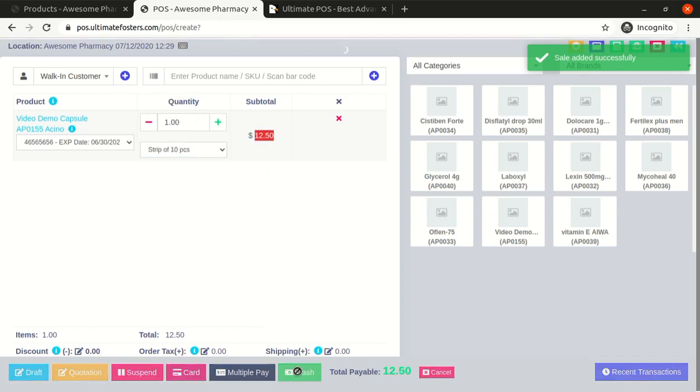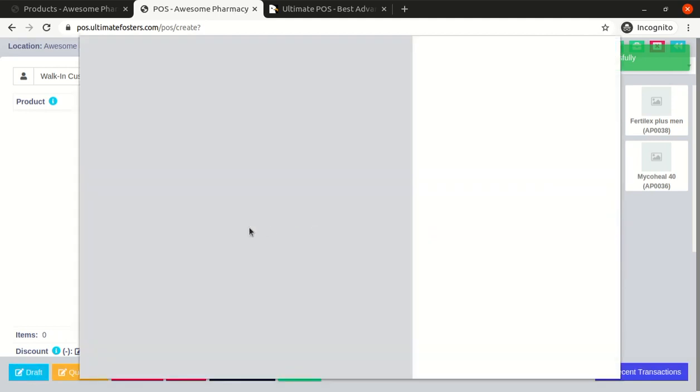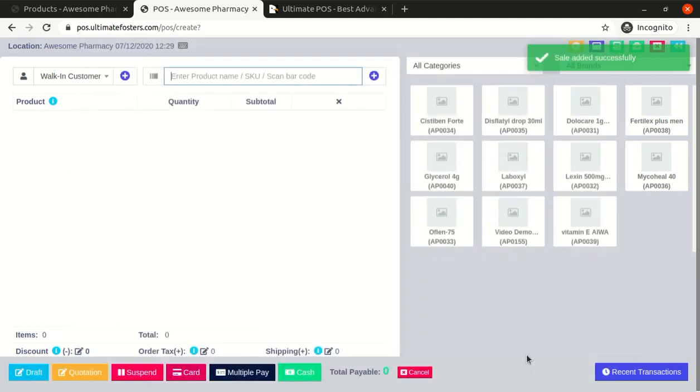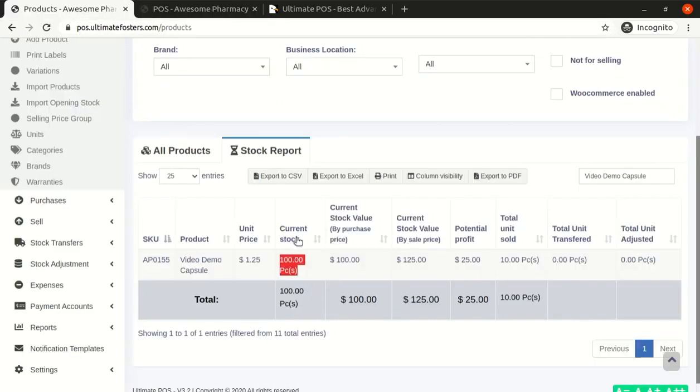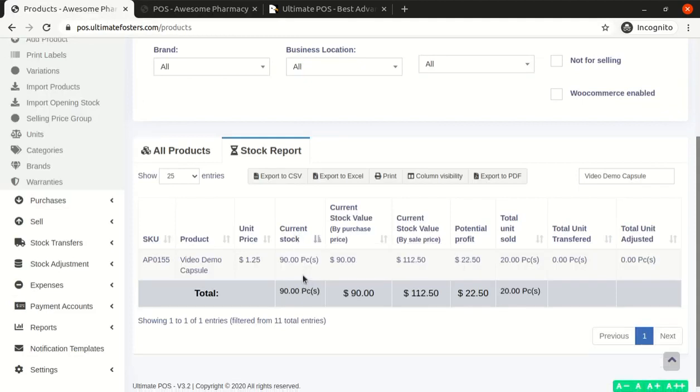Okay, I will click on the cash here. Okay, let me refresh this once again. So it is showing me the current stock is 90 pieces. So the current stock value is $90, and the current stock value by purchase price is $90. By sales price it is $112.50.